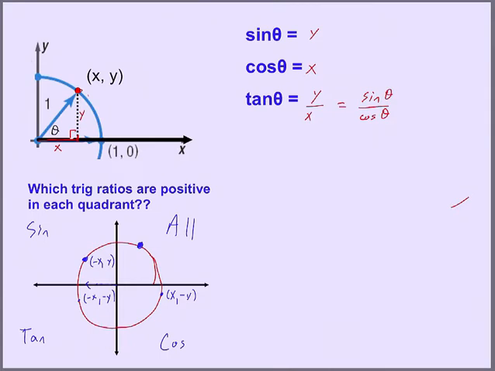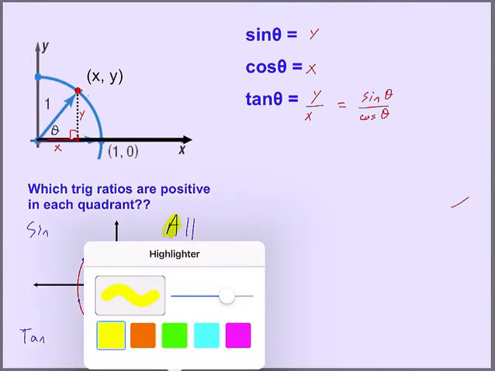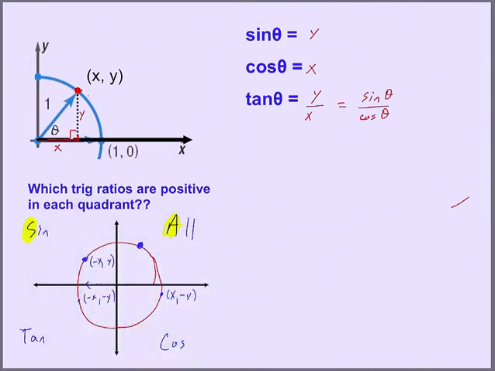And so what we have is in the first quadrant, all of them are positive. In the second quadrant, only sine is positive. In the third quadrant, only tangent. And in the fourth quadrant, only cosine is positive. And there is a mnemonic to help us remember this, which is one of my favorite mnemonics of the year, going around first, second, third, fourth quadrants. All students take